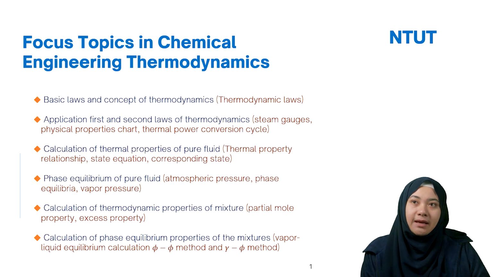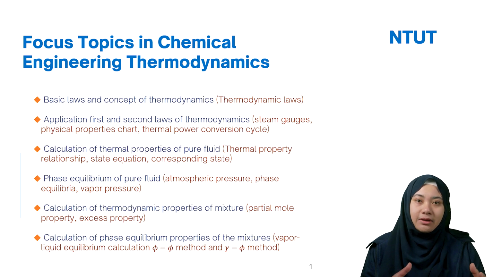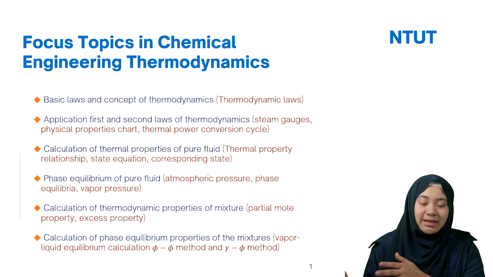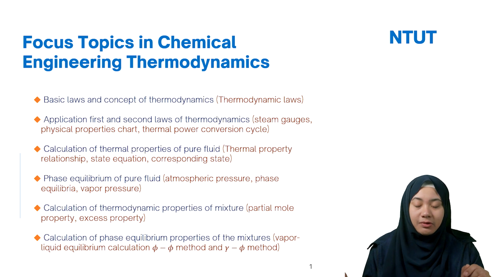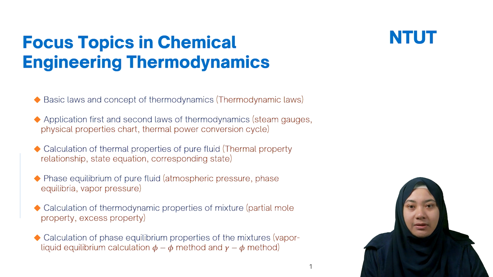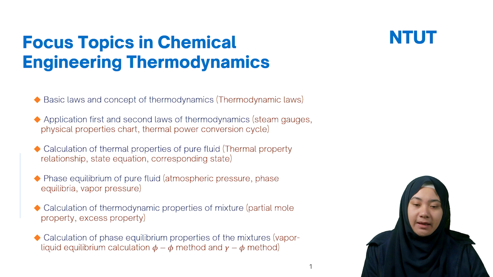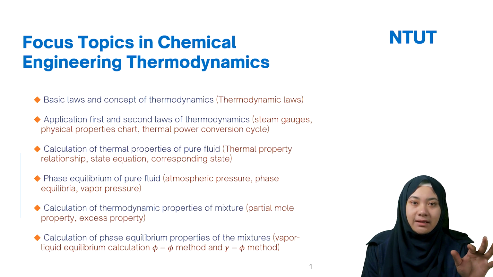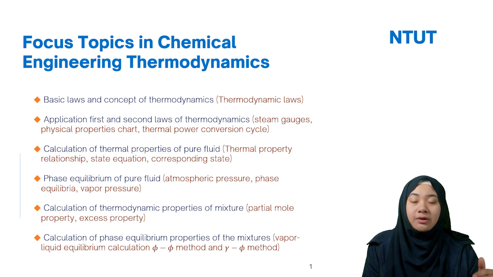In some equipment, we cannot use low quality steam. For example, if you would like to use a turbine as the engine, you need the quality to be at least larger than 90%, because if you have water contained in the steam, it will affect the quality of the turbine itself. It will be easily corroded and easily broken because you have liquid inside the steam.